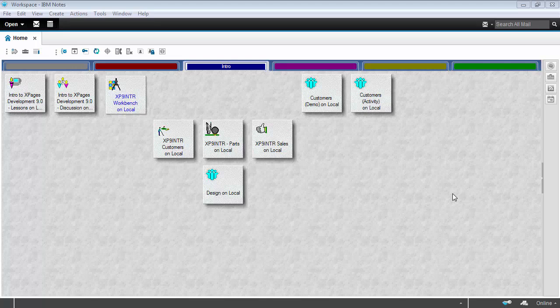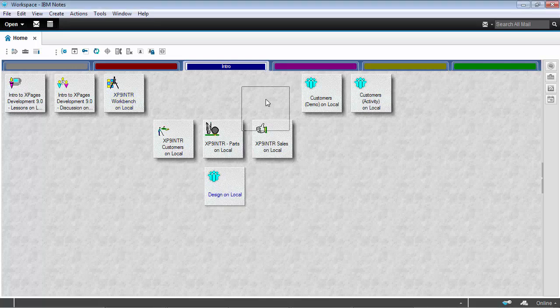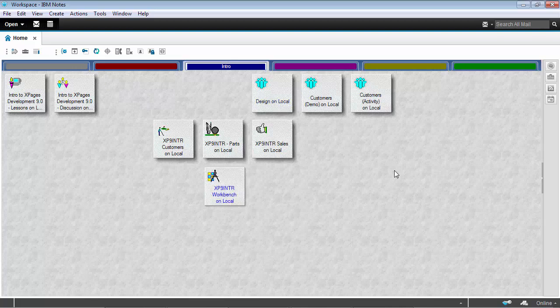Here in Notes, we see the databases that were installed with the course. So we see the customers and the parts and the sales NSF databases. So these are going to be our data sources. Design.nsf, which we created earlier. We're going to be working with the XPages, the demonstrations in the Workbench database, and it will use as data sources the customer's parts and sales applications. So going into the lessons database,